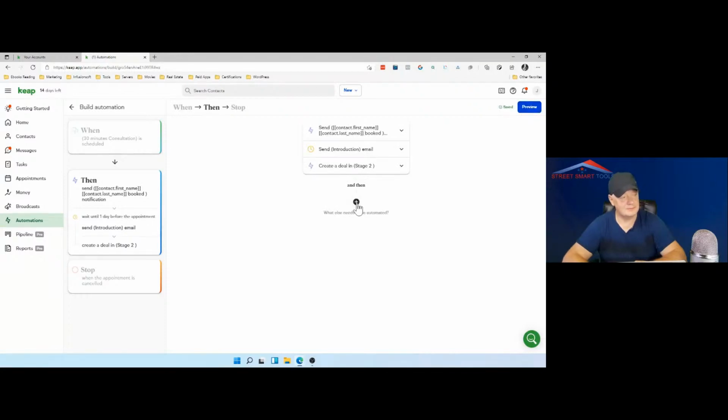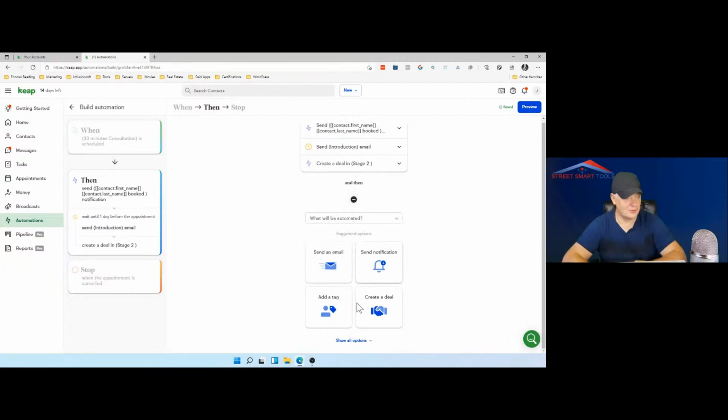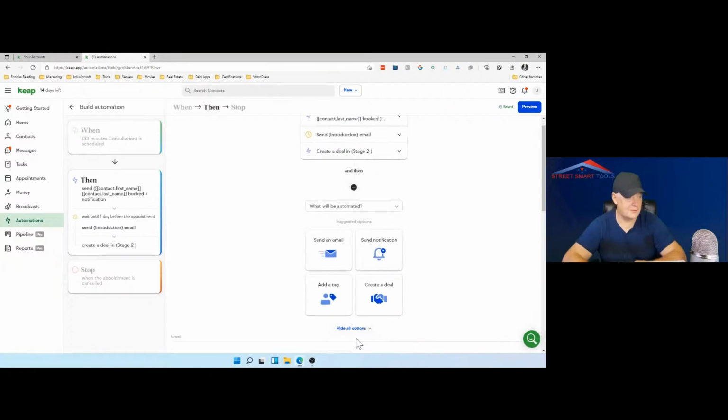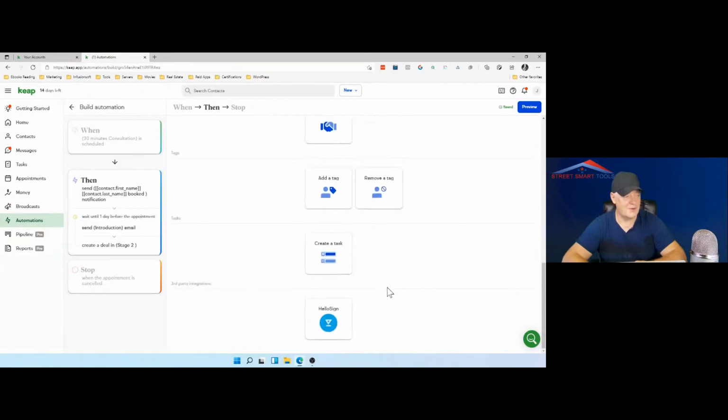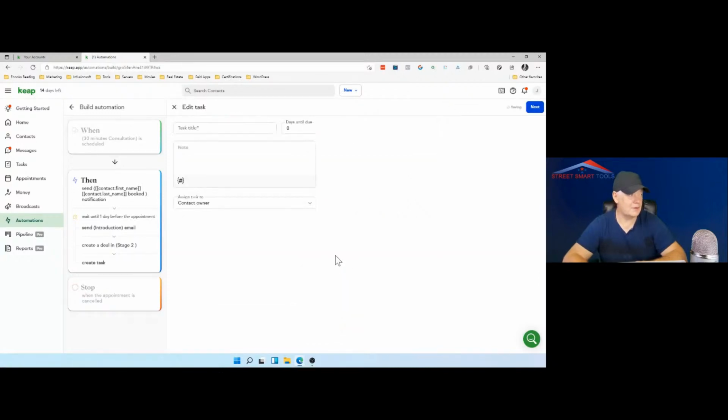And then, just for the sake, I'm not going to do that. You can create the task, right? And then you can send the HelloSign integration where you can sign the contract digitally, nondisclosure agreements, or other possible tools or other contracts, right? So let's create a task. Follow up.